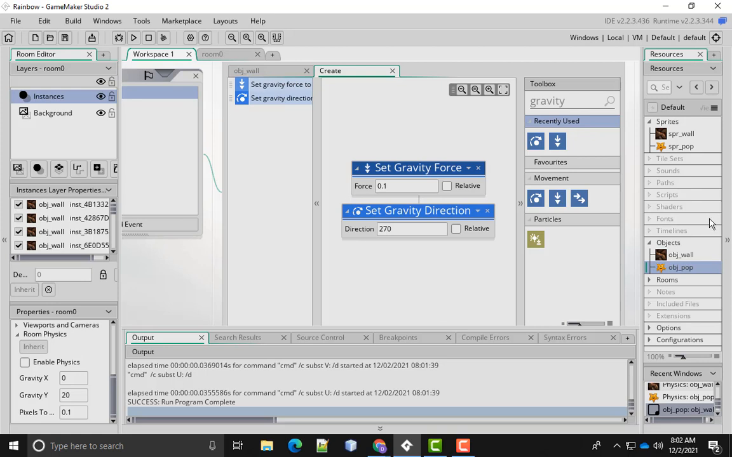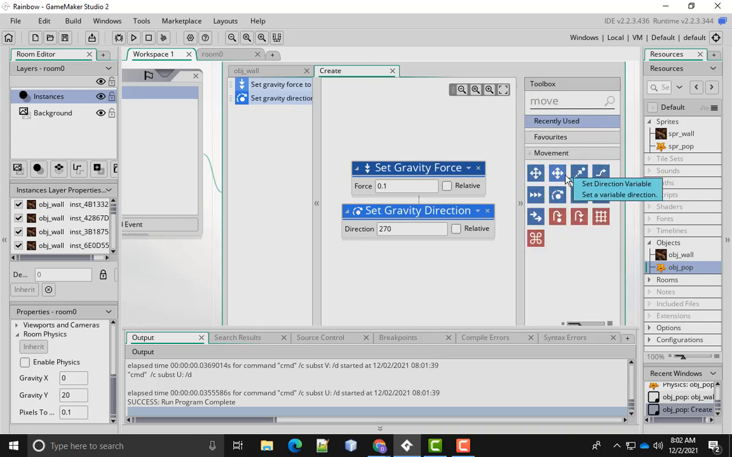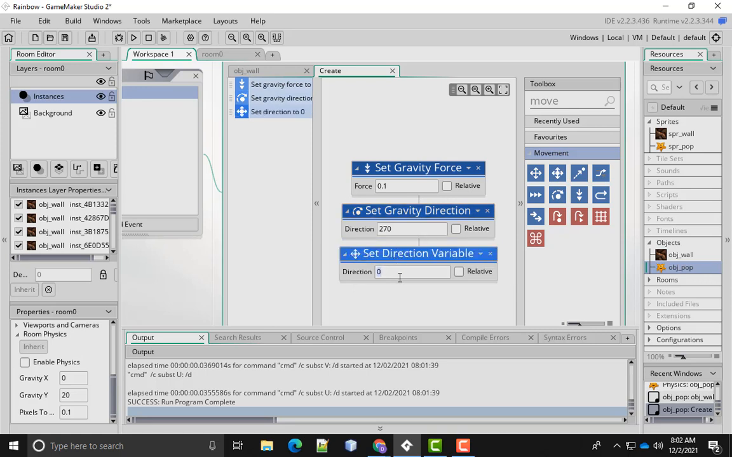Let's get Pop started in the right direction. We don't want Pop to be falling or even stationary when he starts. We want to actually shoot Pop up in the air when he starts. So here in our create event, we want to set a direction. We'll just say move here. We don't use this one very often, but set direction variable, this one here. We set the gravity, and then we want Pop to